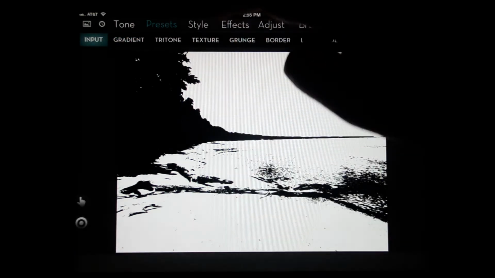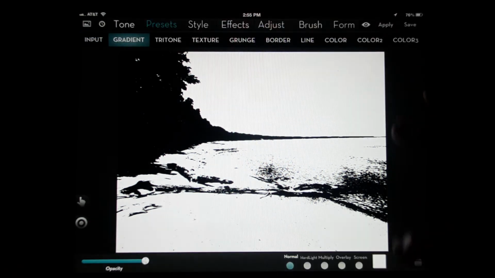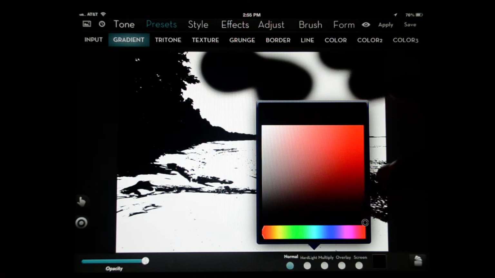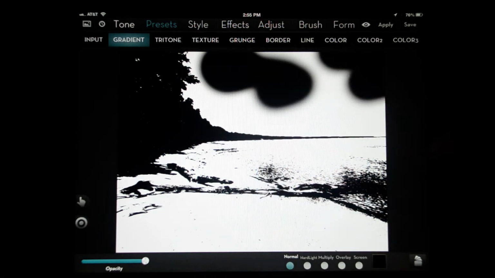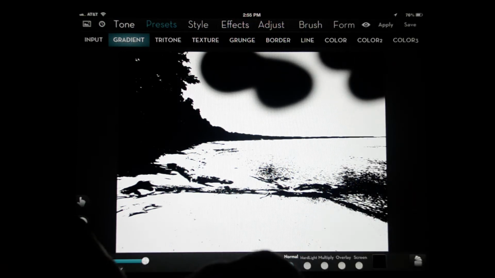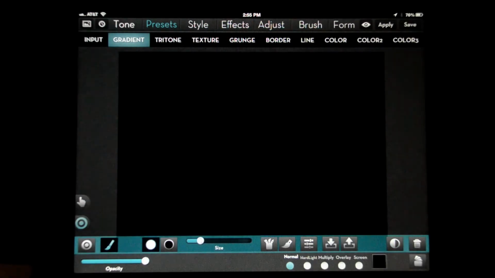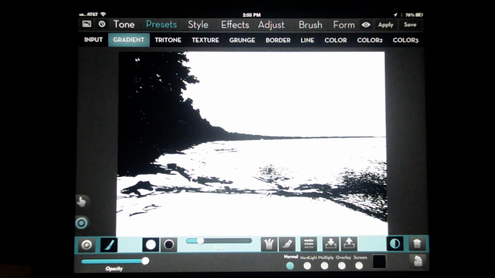Now I'm going to go into Presets Gradient. I'm going to change it to black. And you'll see that the black is up here in the sky where we don't want it. That's because a mask already exists from where we painted in the white. So I will trash that mask and invert this so I'm painting in